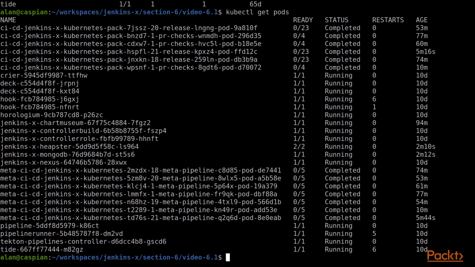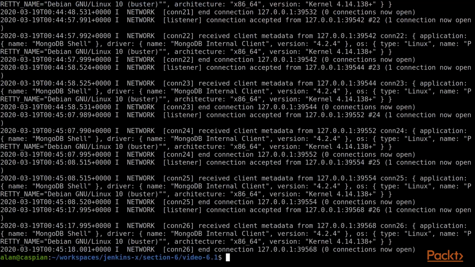So I just wanted to show you the kubectl logs command. I'll paste that pod in there. And this will show us that indeed we see MongoDB running in our cluster because we've added it as a Jenkins X app. So that shows how we can use Jenkins X apps to have Jenkins X manage Helm chart deployments on the cluster for us using GitOps,